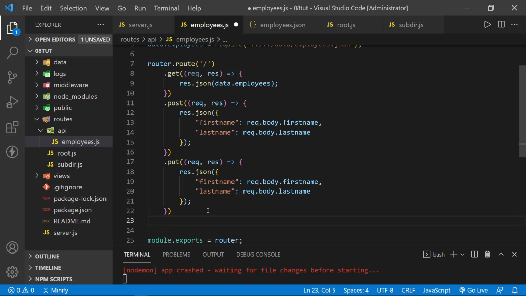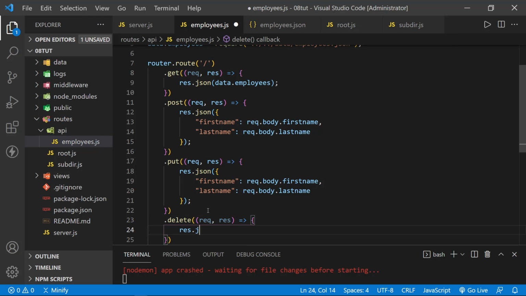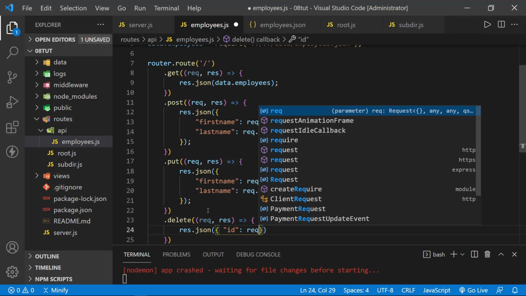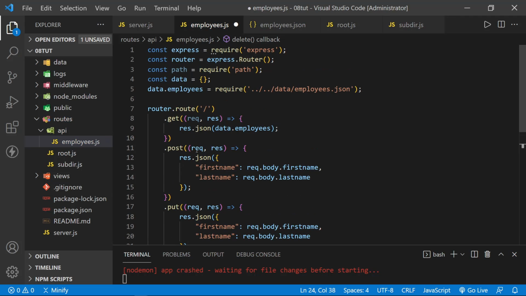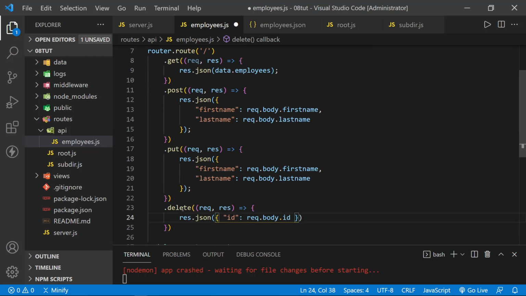And then let's get a delete. Now, a delete would be different. We wouldn't be getting the first name and the last name. We would be getting the ID. So we'll just send the ID back in this case. And that would be response.json once again. But let's go ahead and send the ID back here, and this would be request.body.id. Now you can see we've chained each HTTP method together, and we've got get, post, put, and delete all